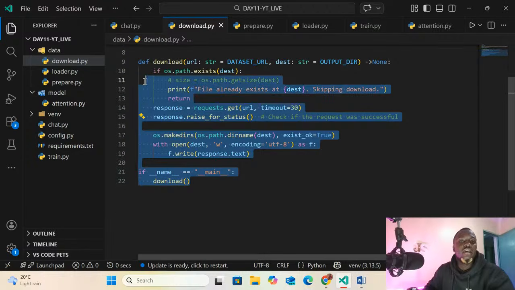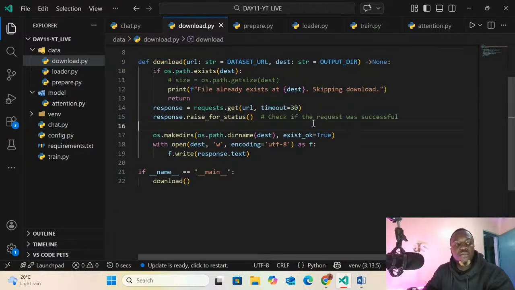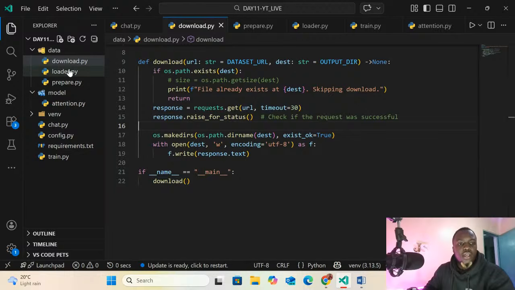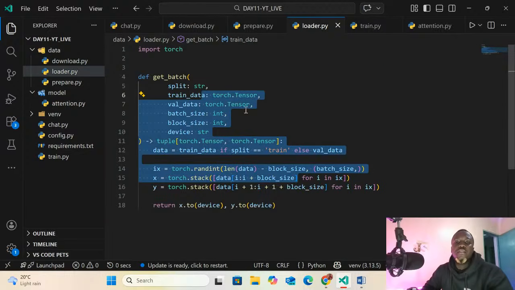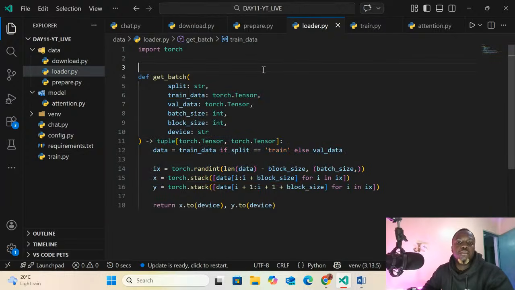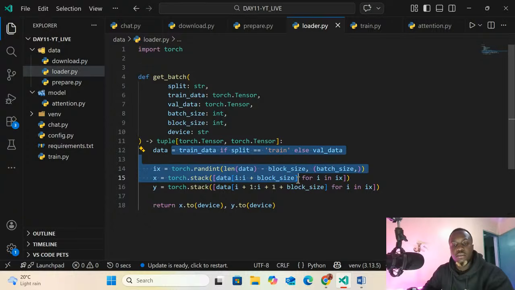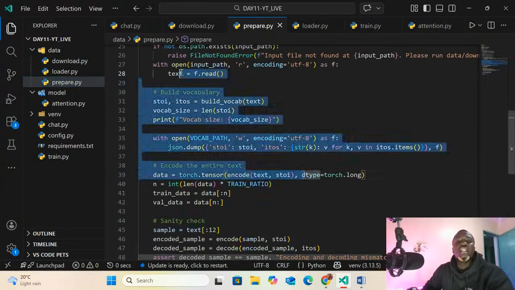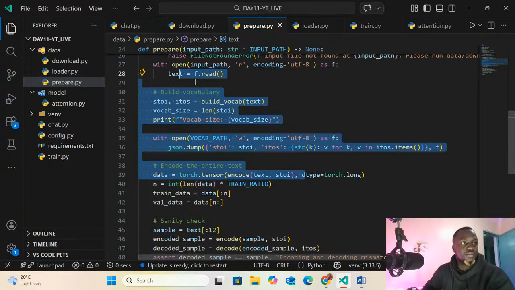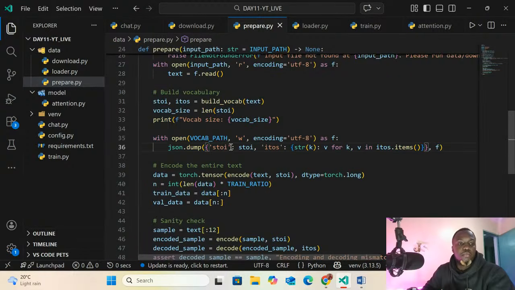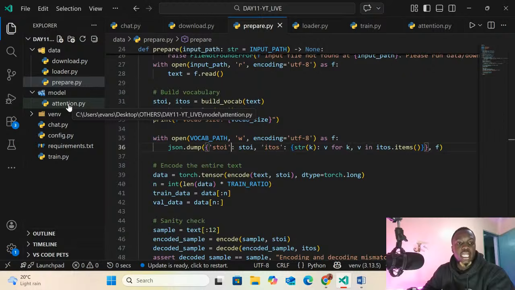Just reading data from poems. Then we loaded the data. You can check the previous video on how we did this. We explained every single part of the code. We prepared the data ready for training.